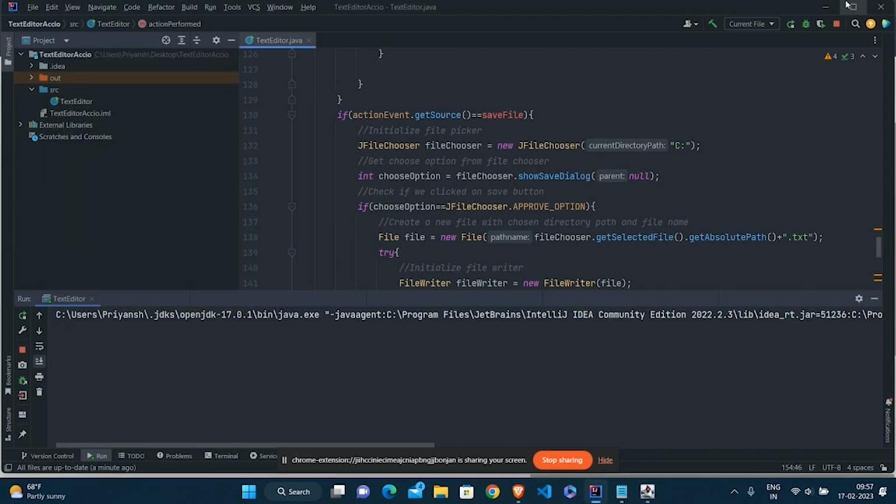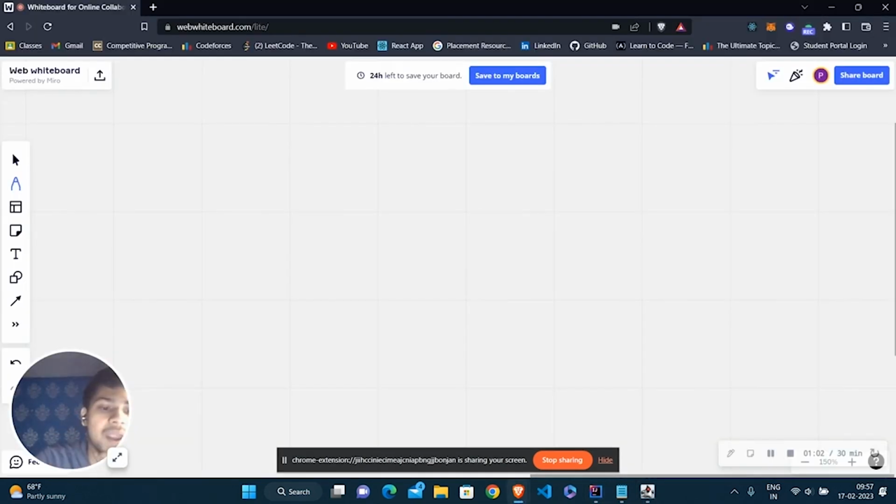Before that, let's understand the structure and how we can add it. Right now, we had the structure something like this.